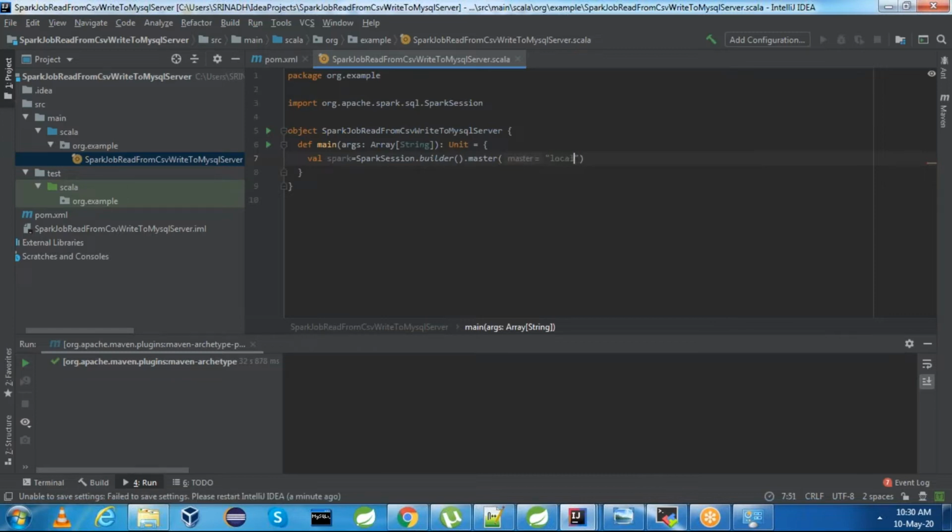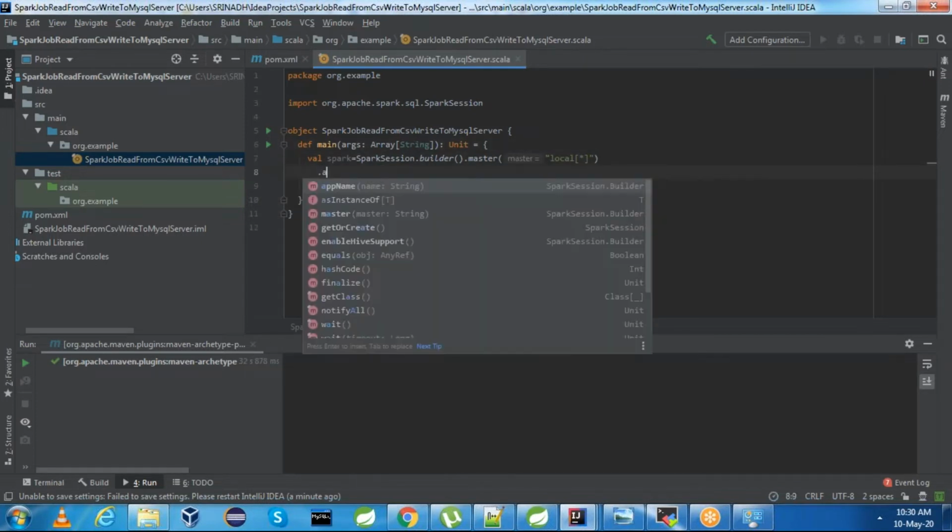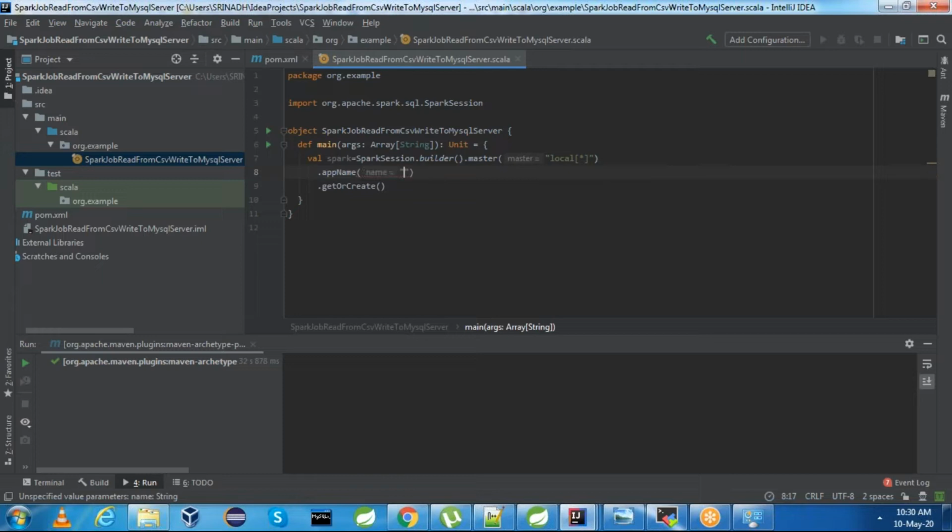In this case, master is local. When I'm executing in EMR, I will change the master. Then say getOrCreate. If you want, you can mention the application name as well. Application name I will say read from CSV, write to MySQL server.